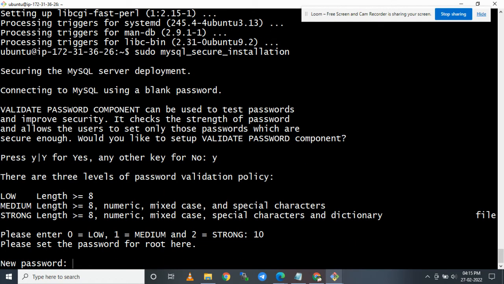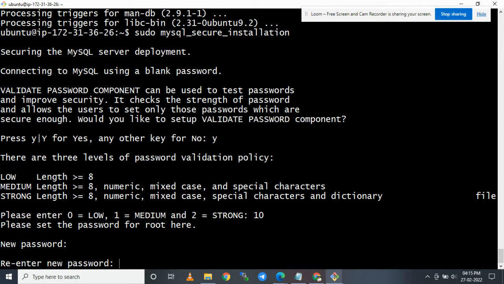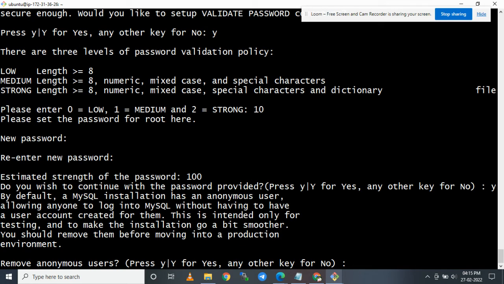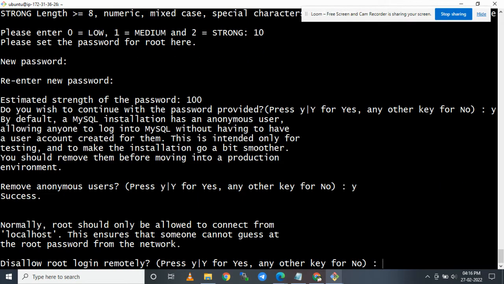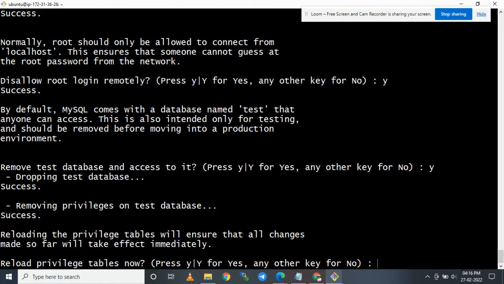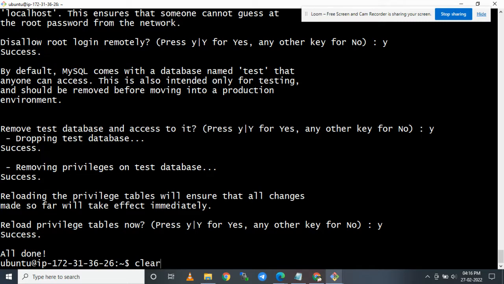Let's give a password. Do you wish to continue with this password? Yes. Remove anonymous user? Yes. Disallow root login remotely? Yes. Remove test database and access to it? Yes. Reload privilege tables? Yes.